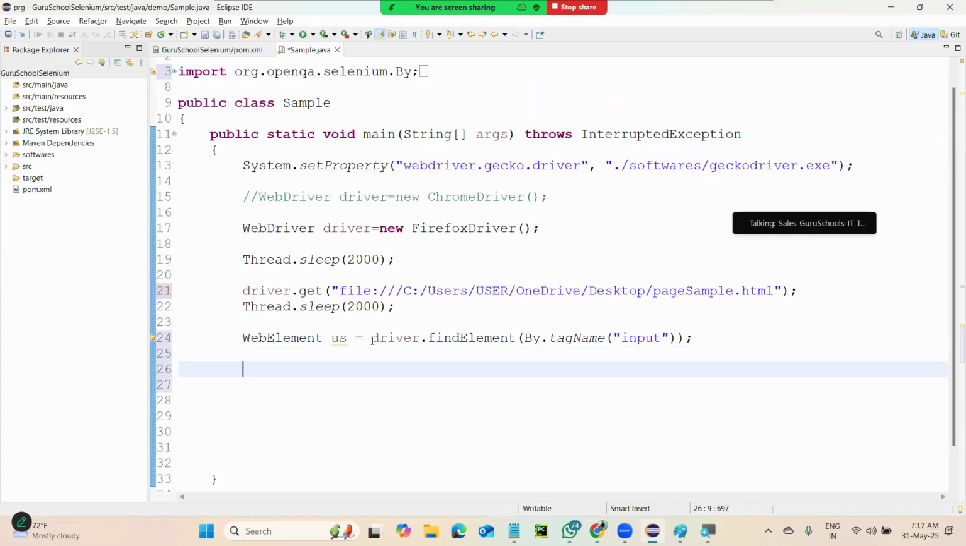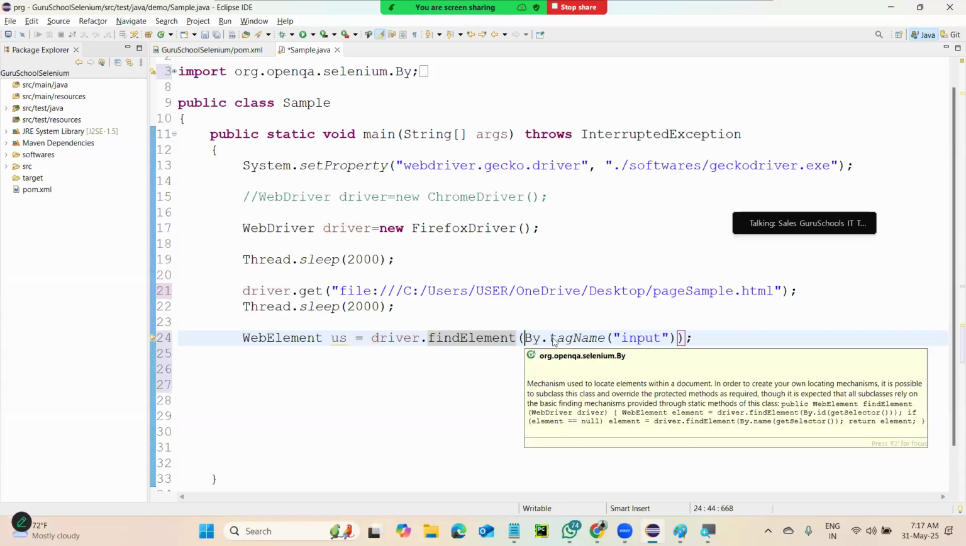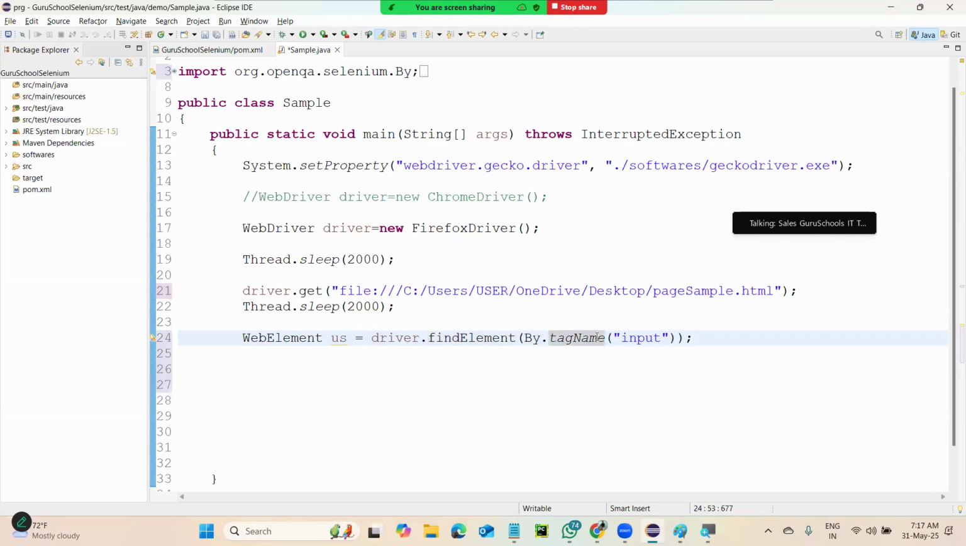This complete one statement has the capability to navigate inside the web page and find the element address based on the locator which I have specified. Since I have specified the locator as tag name, it will search for the tag name called input. Okay, it is having the input, then it will capture that